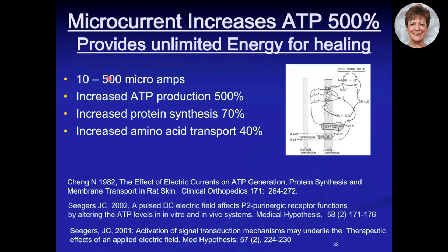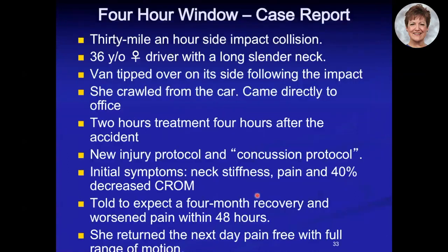So as long as the current is below 500 microamps, you increase ATP, or energy production, by 500%, protein synthesis by 70%, amino acid transport by 40%. This was done in 1982 by Ngoc Cheng, and 2001 and 2002 by Seegers in South Africa, and they were published in Medical Hypothesis and Clinical Orthopedics. So this patient